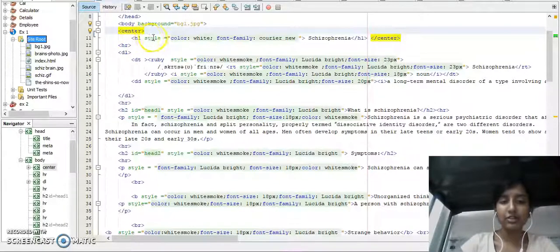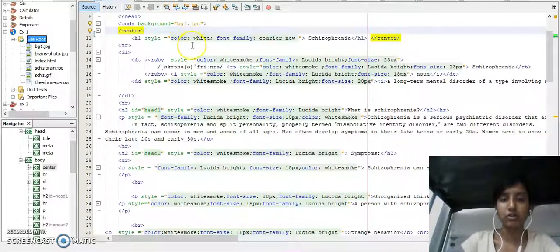And inside, as you can see here, is the style. Style is nothing but a style sheet, which is an inline style sheet, instead of using CSS, the cascading style sheet, which is an external style sheet that can be linked to the HTML file. Since we are not using CSS in this video, we are just using the inline style, and within double quotes, whatever style you require can be given here. So here I've given the color white, since the background that I've chosen is quite dark. And in the font family,